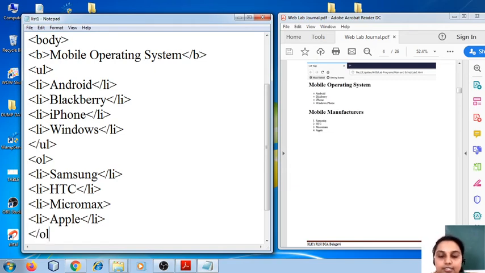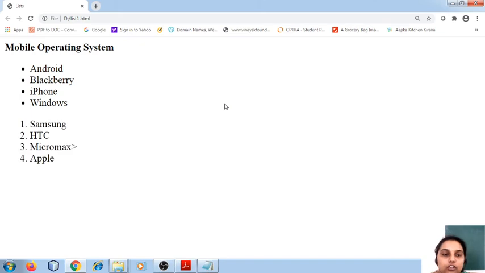Look, I have not specified the type over here. Check the default value. By default, it is going to be a sequential number starting from 1.